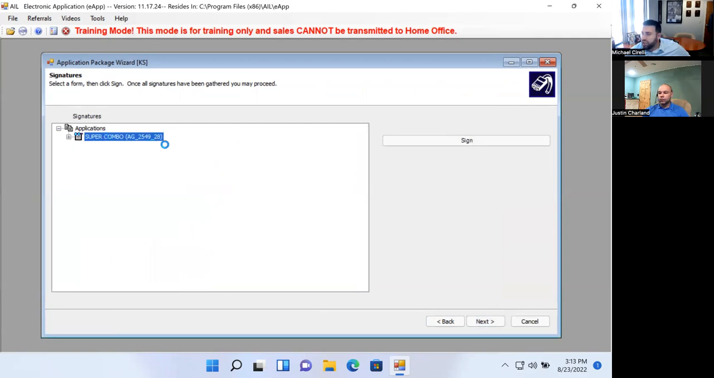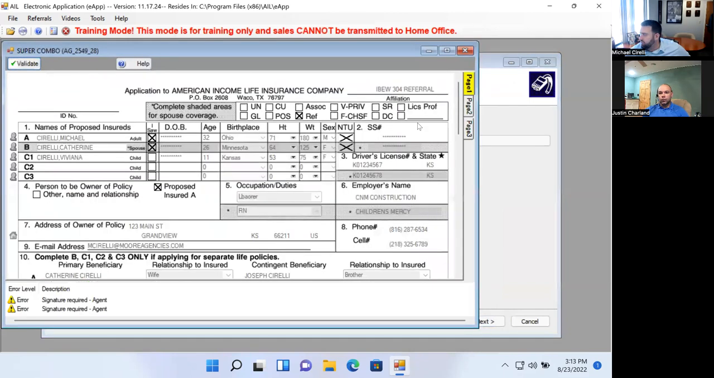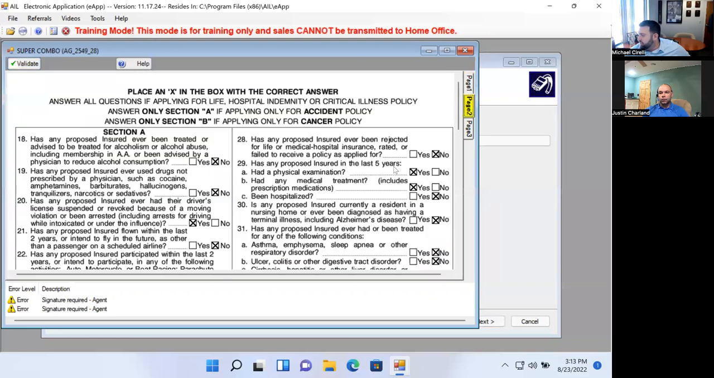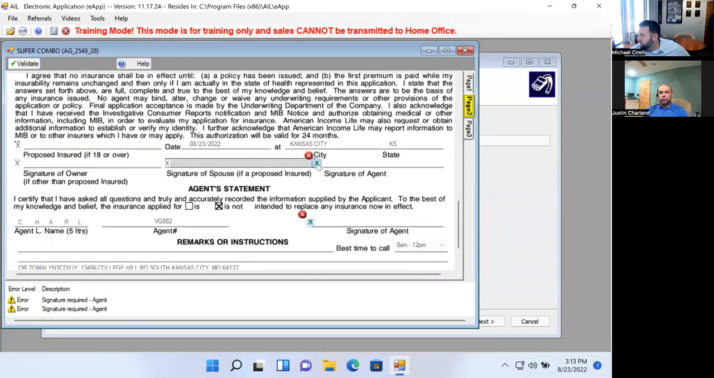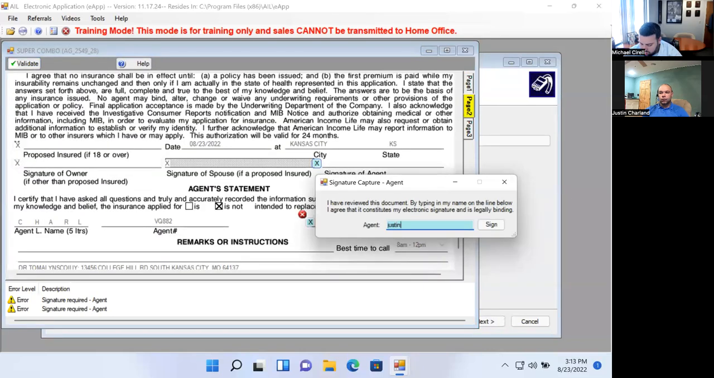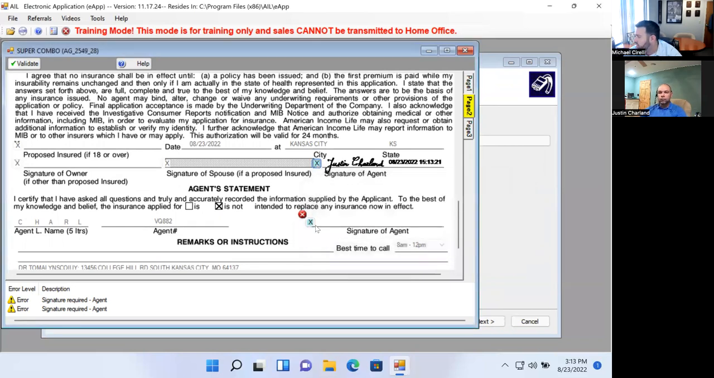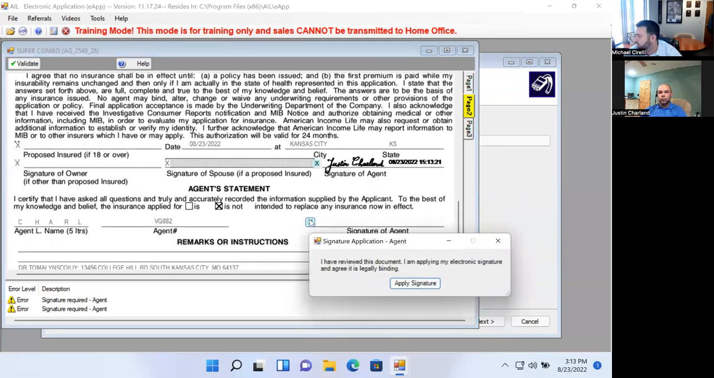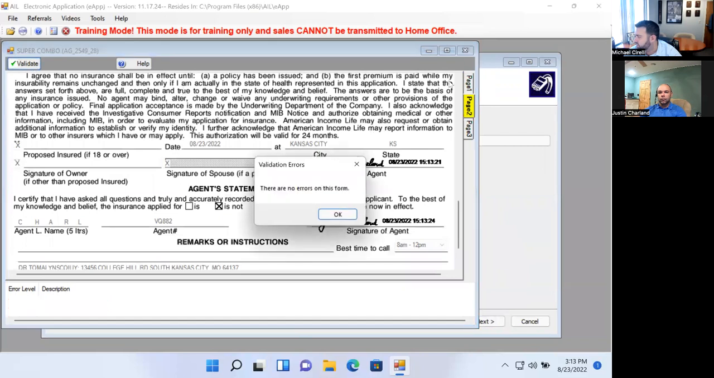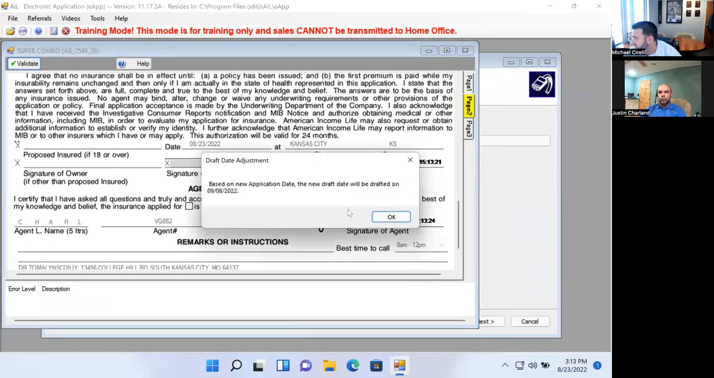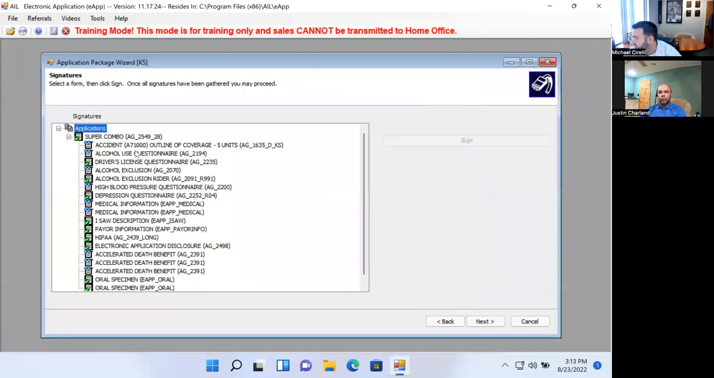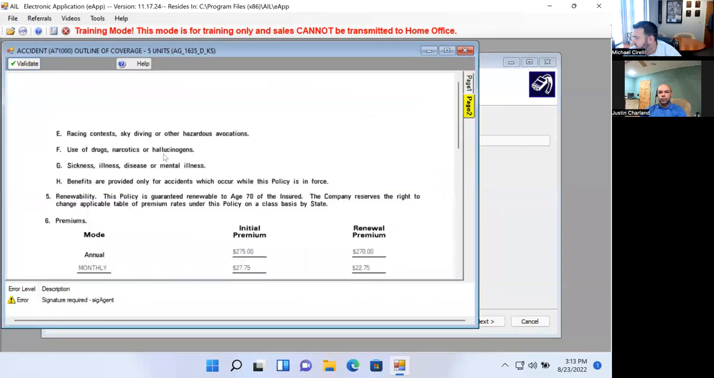And now before they sign, you go in and sign everything as the agent. So your first signature is going to be on page 2 of the super combo. And once you type it in once, all you have to do is hit apply signature, and then you validate it and close it. It reminds you of the new draft code, accident A71,